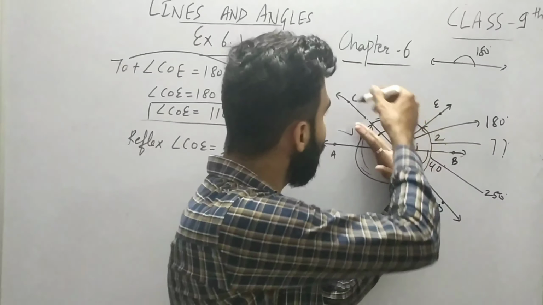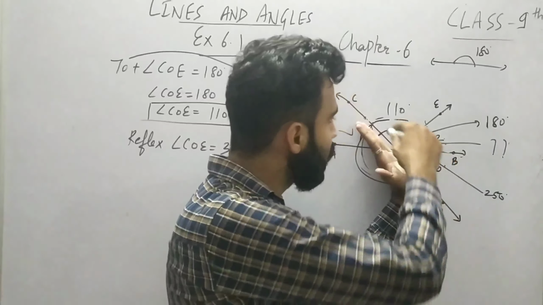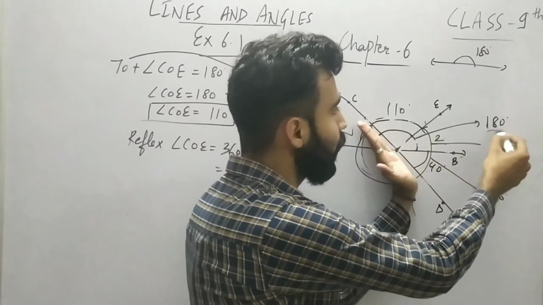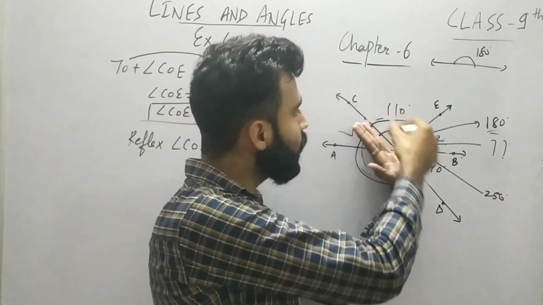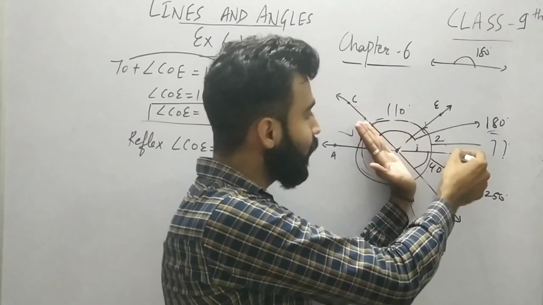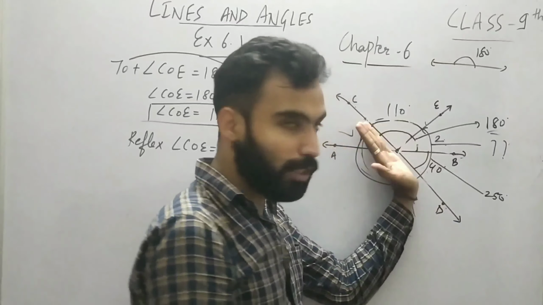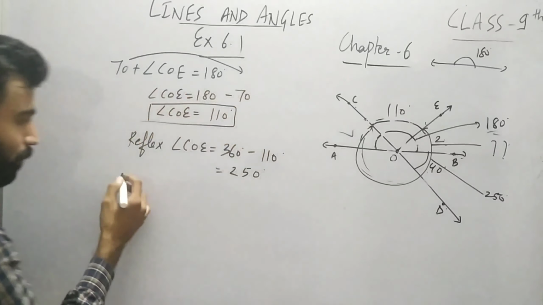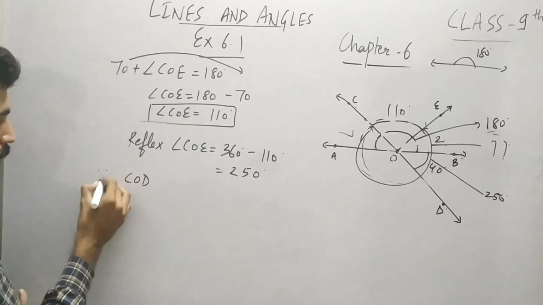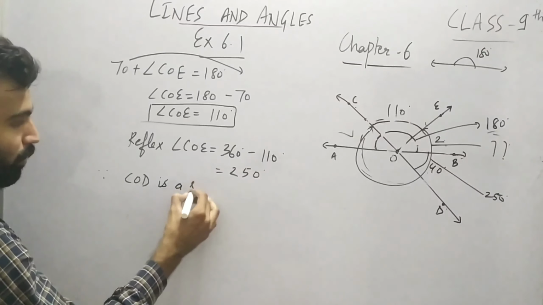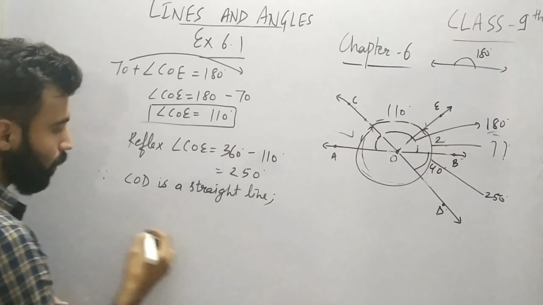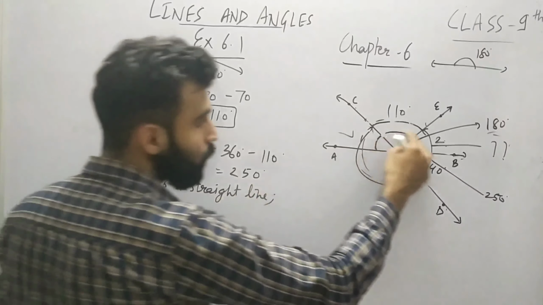If you just observe it, line COD is a straight line. That means this angle is also 180 degrees. Getting my point? So this straight angle is made up of three angles actually. Which are these? COE, EOB and BOD. So these three angles combinedly form 180 degrees because COD is a straight line. So let me just write that. Since COD is a straight line, and we know that the sum of the angles of these three will become 180